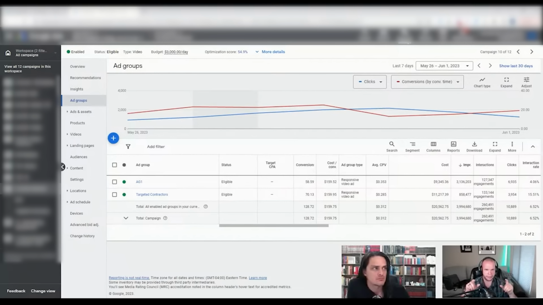If you're not measuring the results properly, you're not going to see how good you think it is versus what it actually is. What I mean by that is Google has been implementing more and more ways, data-driven, engaged view conversions, and we'll take it one step deeper about where they're getting those engaged view conversions that make you think, wow, this campaign is looking really good, and I'm going to dump more money into it.